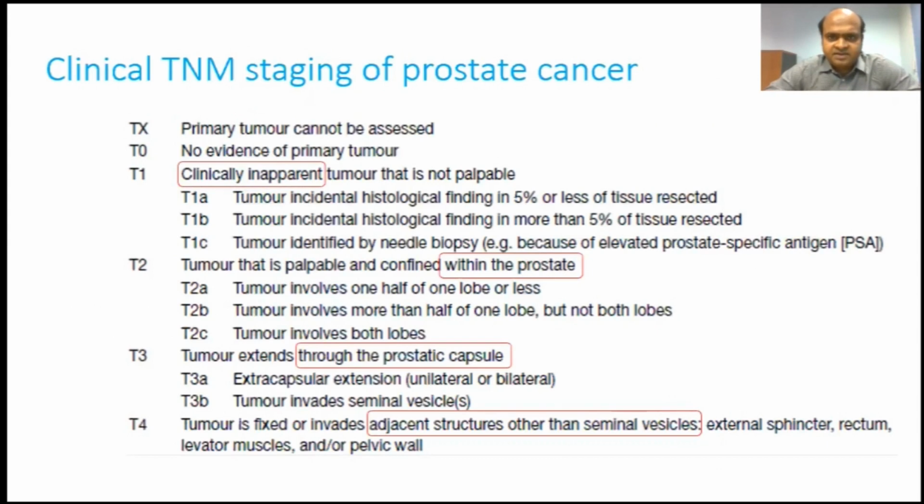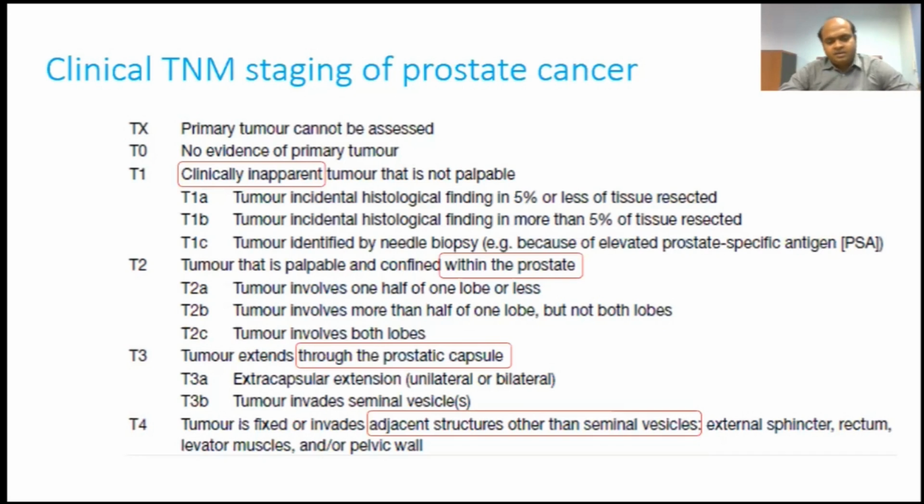TNM staging of prostate cancer is like other cancers. It is divided into T, N and M staging systems. T1 is a clinically inapparent tumor. That means there is a tumor within the prostate, but it is not palpable by rectal examination. Usually they are detected by screening PSA evaluation. And T2 is a tumor which is confined within the prostate; however, it is palpable by rectal examination. T3 is when the tumor extends through the prostatic capsule,